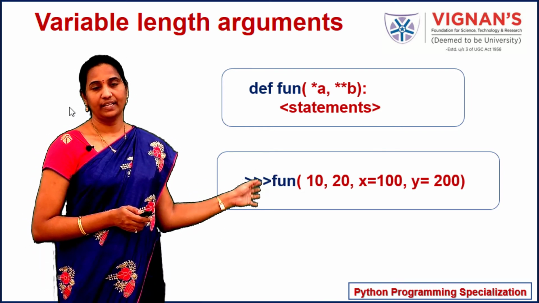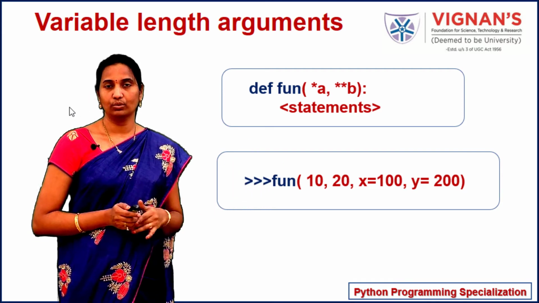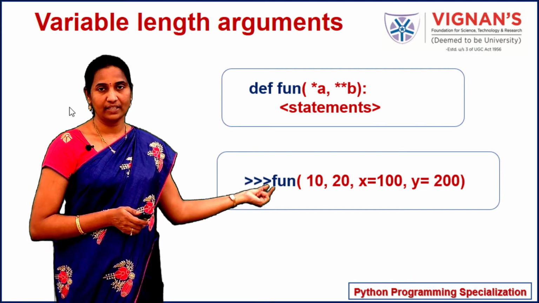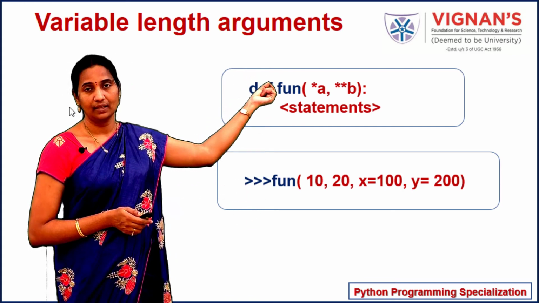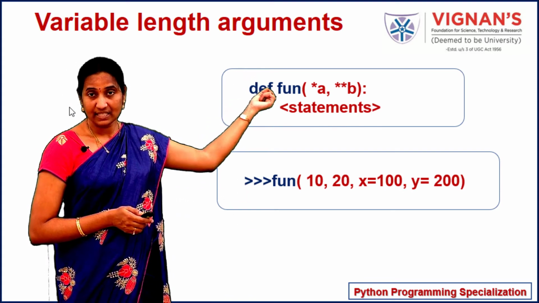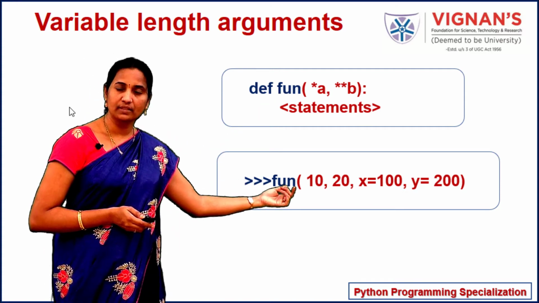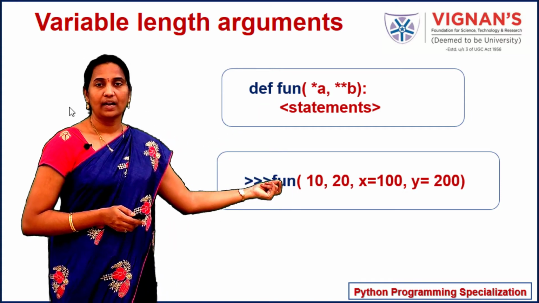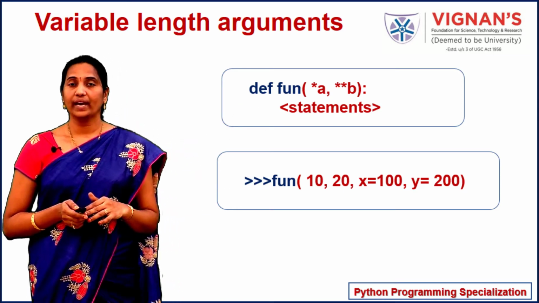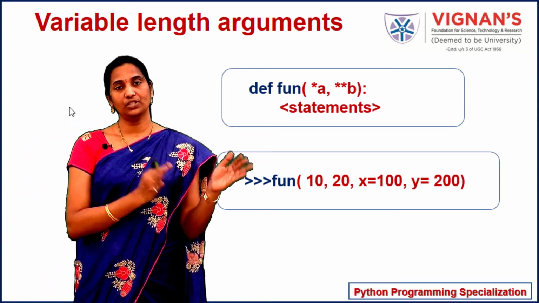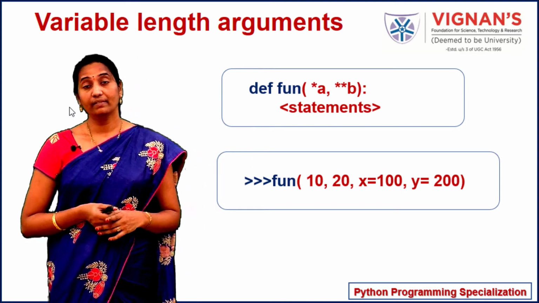So 10, 20, x equal to 100, y equal to 200, where the first two values are treated as positional values, and that will be copied to the variable length positional argument, that is a. The last two arguments in this case will be copied as a dictionary to the parameter b. So that's how you can have a combination of variable length positional arguments and variable length keyword arguments in the